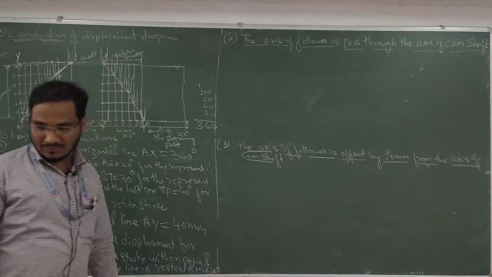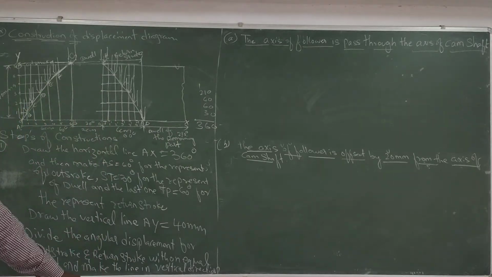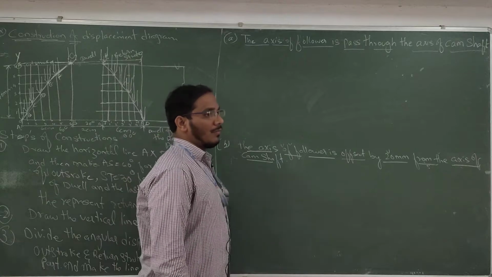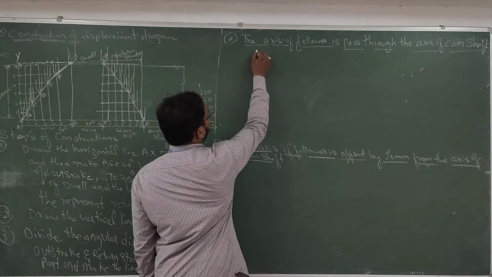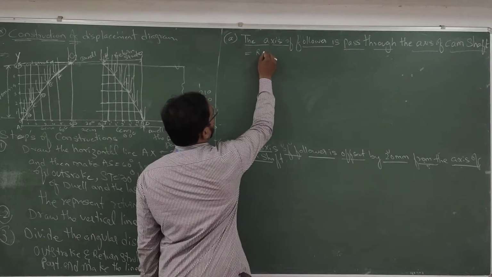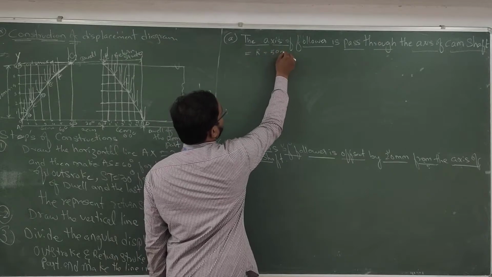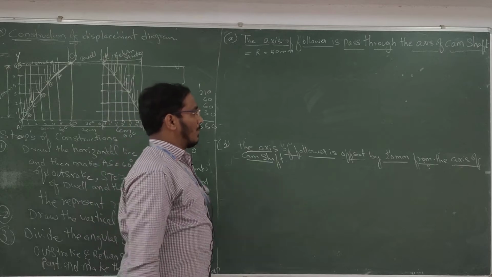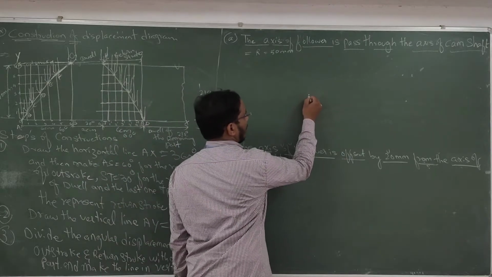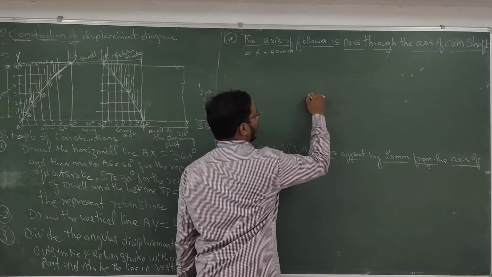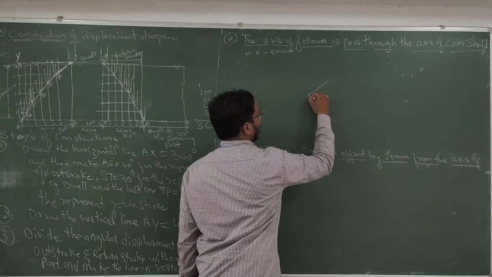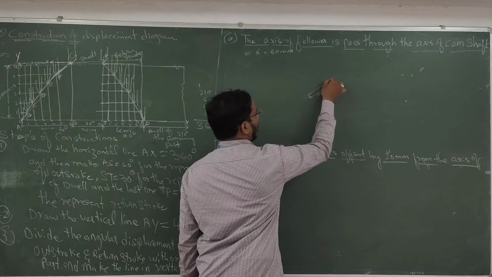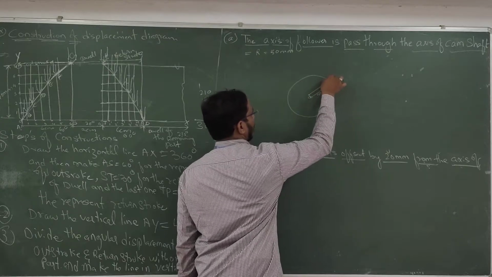In the last question, the radius of the cam is given. How much is the radius of the cam? The radius of the cam is given, r is equal to 50 mm. So take a center on your paper, mark it as O, take a radius r, 50 mm, and draw a circle. Then next,